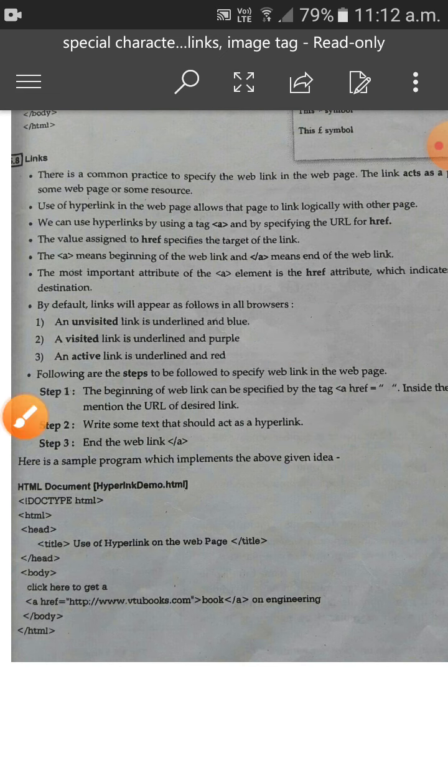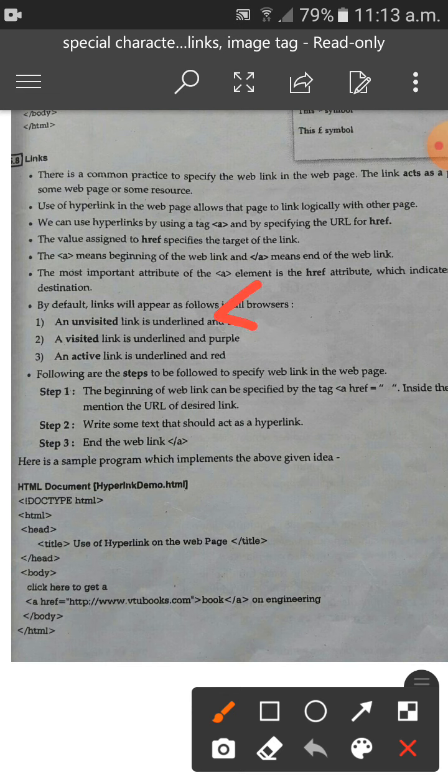The value assigned to href specifies the target of the link, to which page we are referring. A means the beginning of a web link, and /a is the closing of the anchor tag.